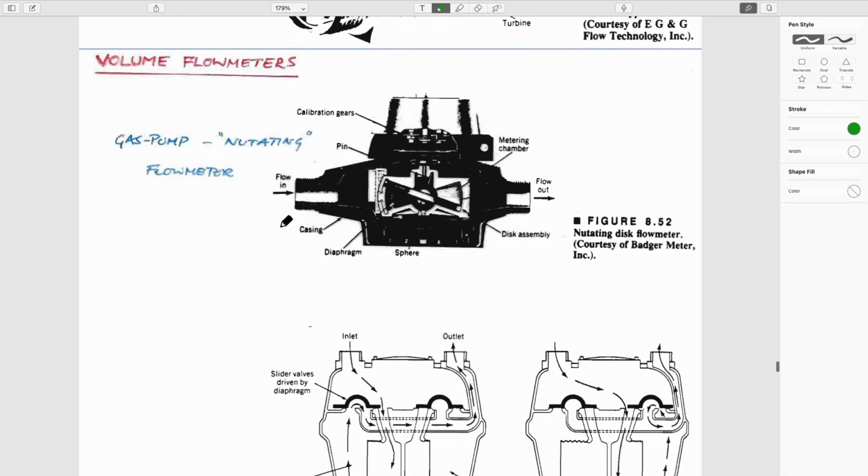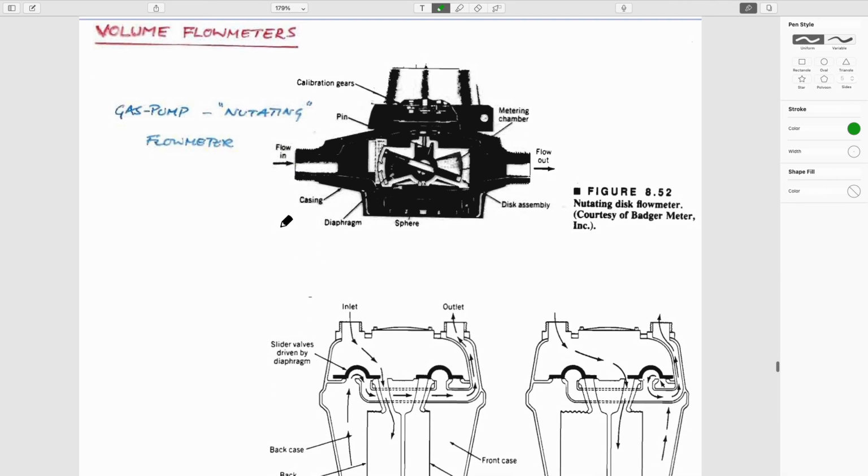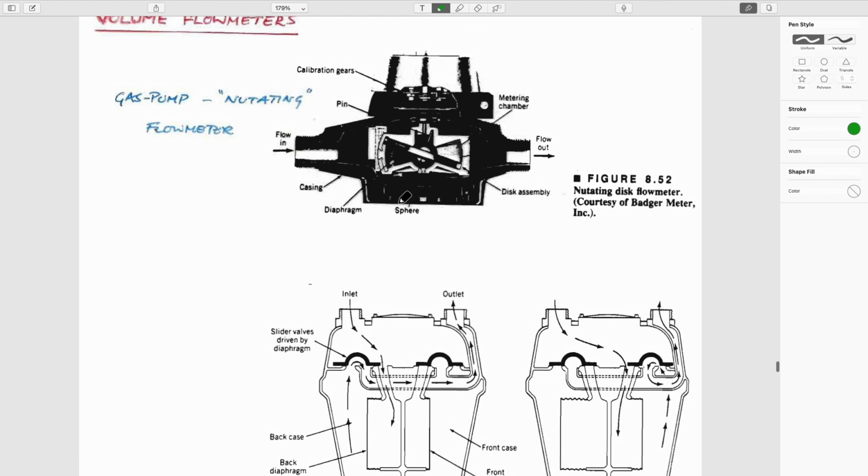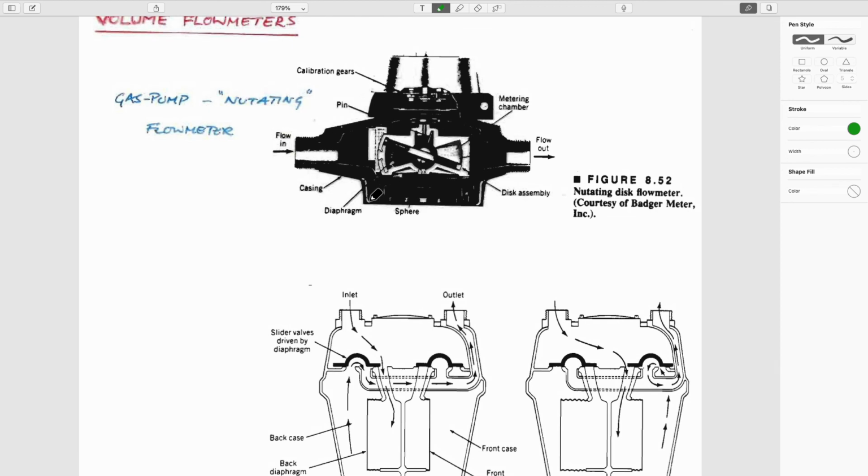And the third one is volume flow meters. And so a bit more sophisticated than pouring water into a bucket. The so-called nutating flow meter is just a disc that rotates inside an annulus. This disc basically flips from up to down, and so it measures the volume of fluid that's in here, and